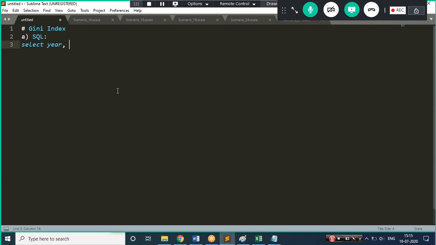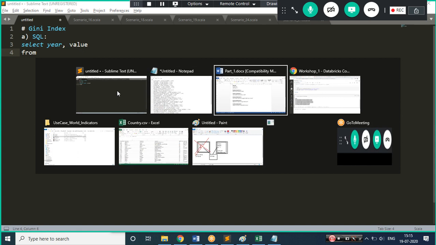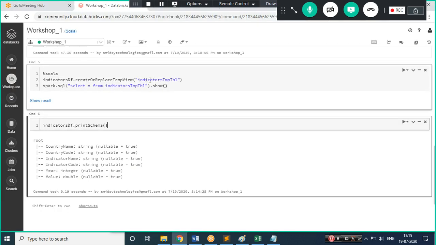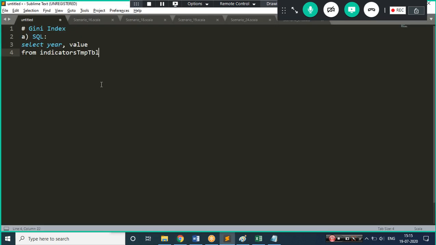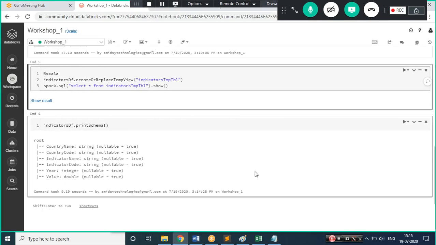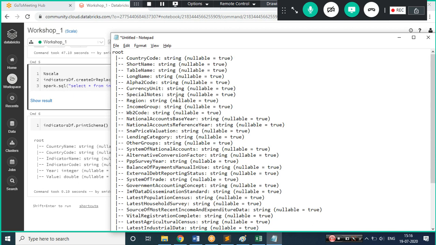So let's say select year, and I'll take value, from my temp table, which is my indicators temp table. And I'll just write a where clause. When writing a where clause, you need to be pretty sure on what column you're trying to write.